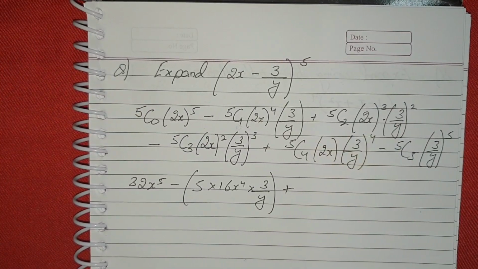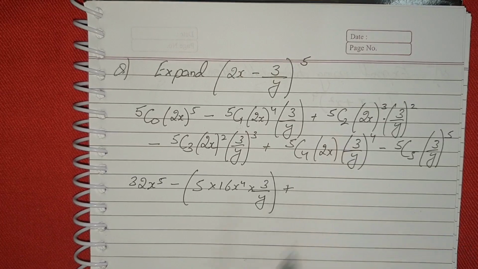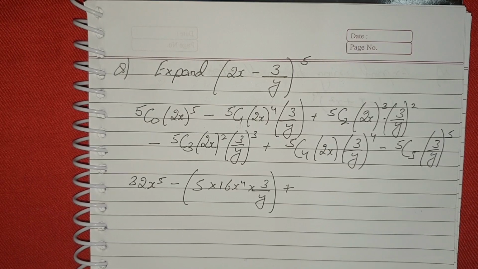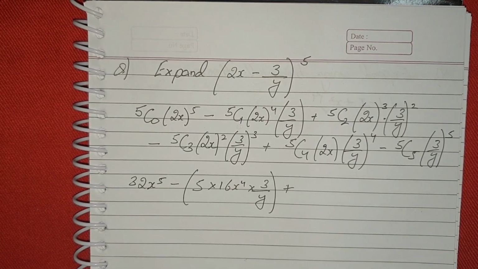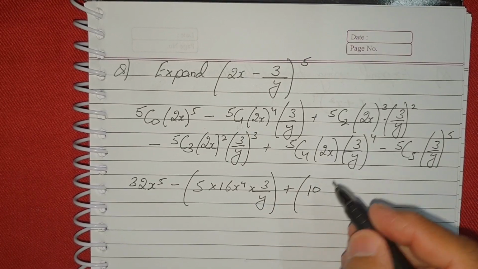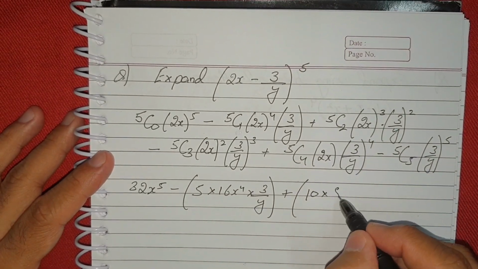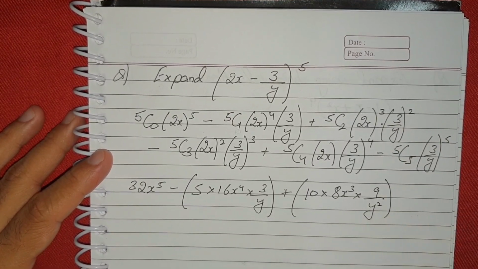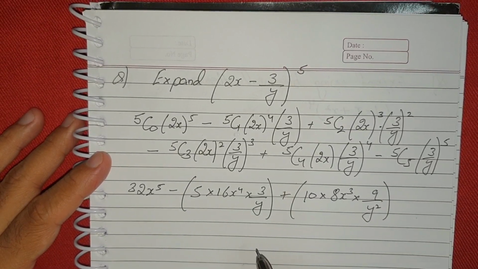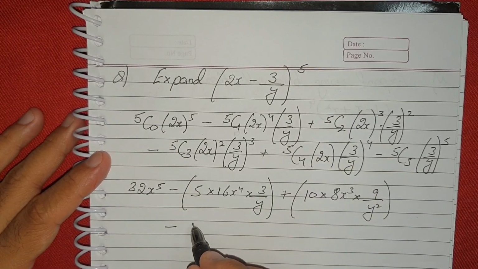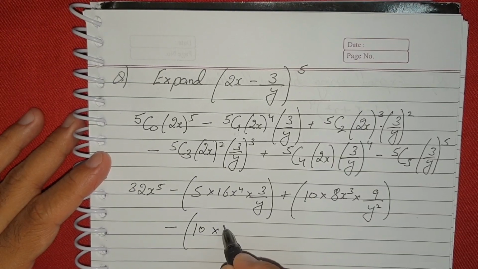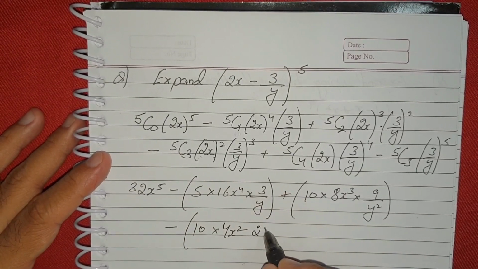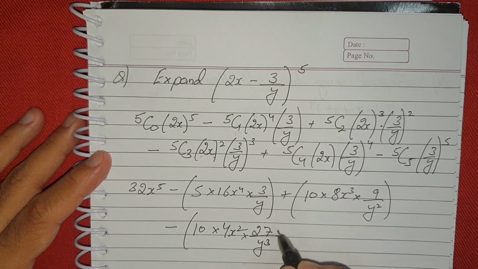Now what is 5C2? 5C2 is 10. You can solve 5C2, as I told you, this is 5 factorial by 2 factorial into (5 minus 2) factorial. So if you solve 5C2, you get 10. So this is 10 into, now what is (2x) cube? This is 8x cube into 9/y square. Minus, again 5C3 is 10 only, into 4x square, and this is 27/y cube